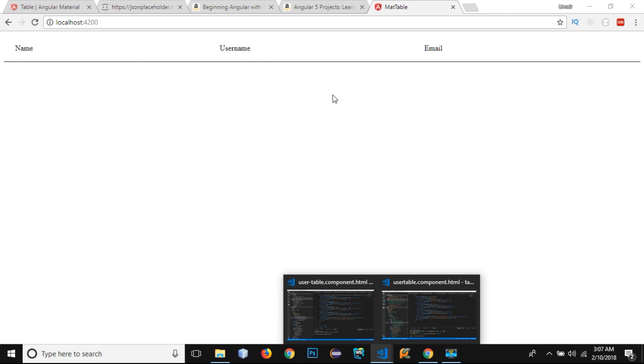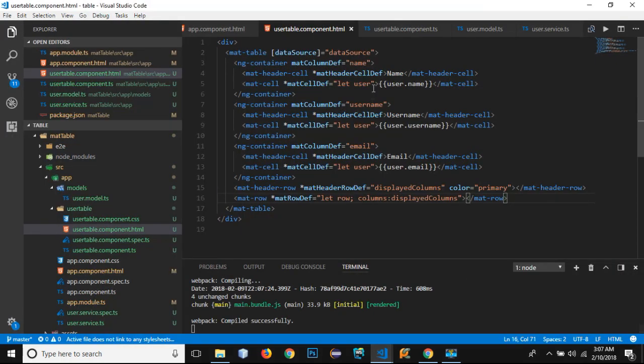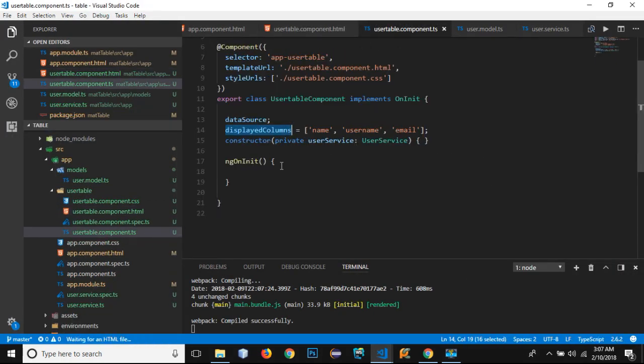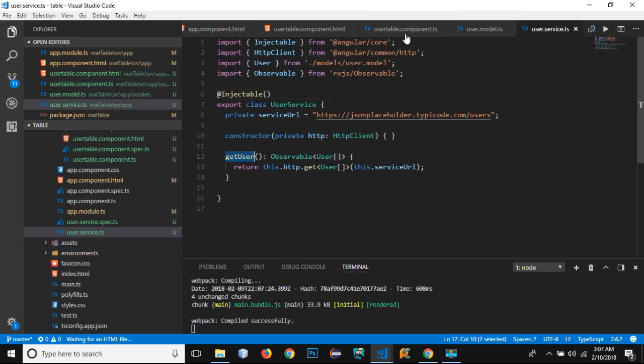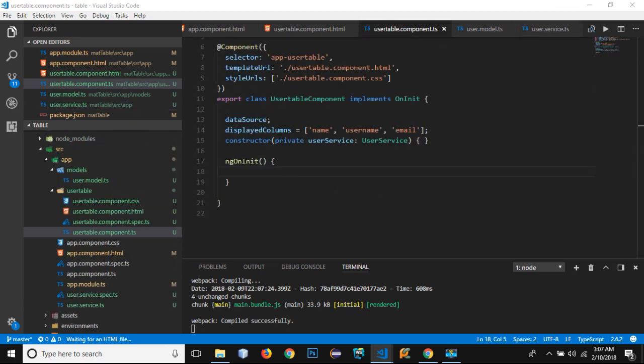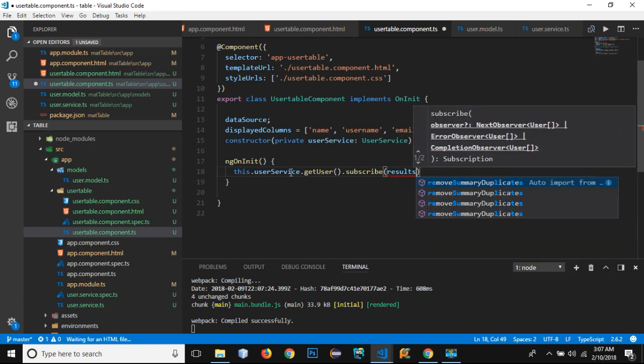there is no data being shown because we haven't written anything in our function for fetching the data and calling our service get user function. So let's write something inside our user table, and for writing it I'll be using the subscribe. So this.userService.getUser().subscribe(results,